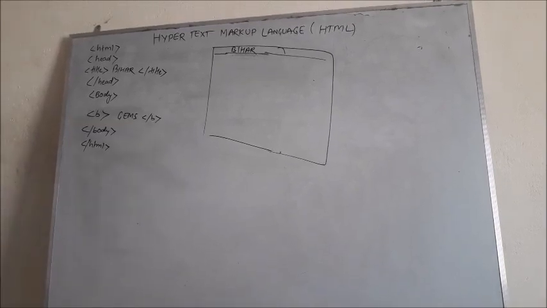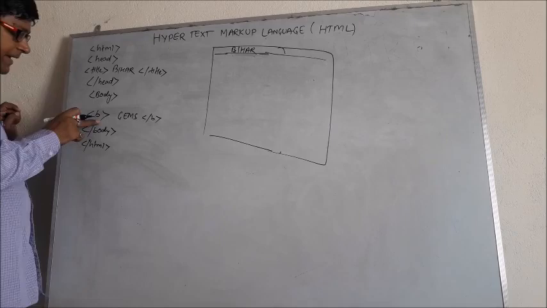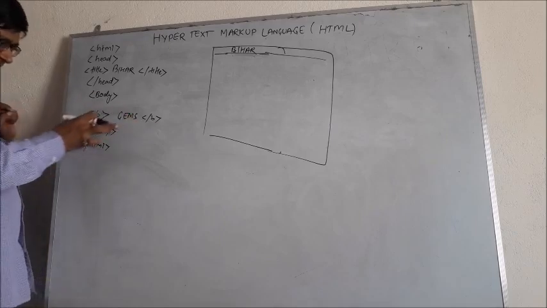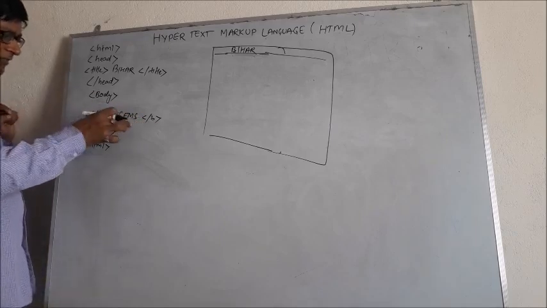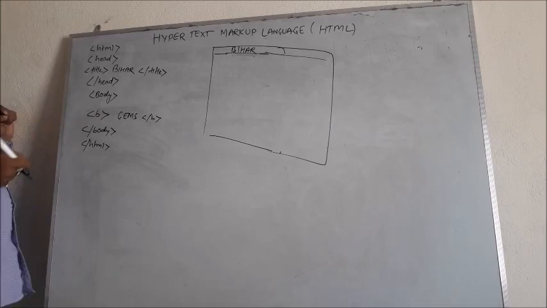Ready. Next, if you want to write a text or a line or a paragraph, anything in bold letters, right? For writing bold letters you have to use two tags, that is tag B and closing tag B. In these two tags, whatever you write will come in bold, right? Okay. What are the other tags you can use?